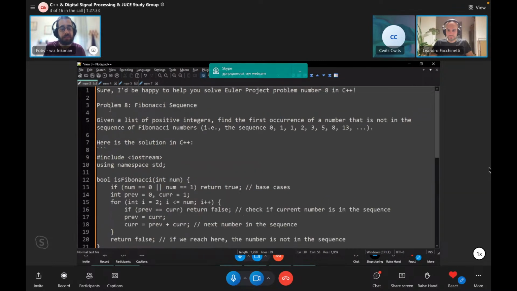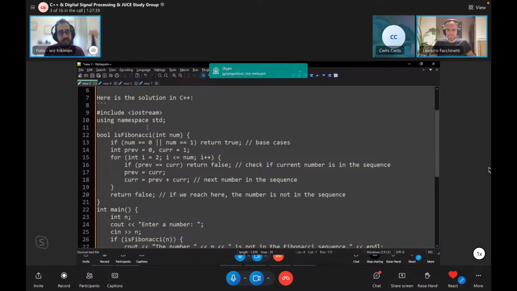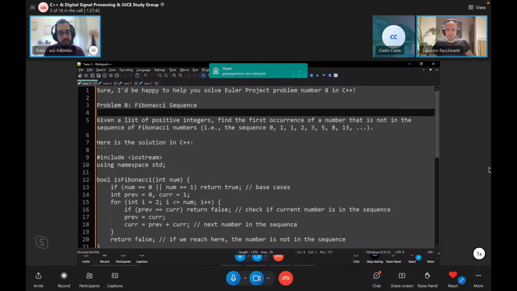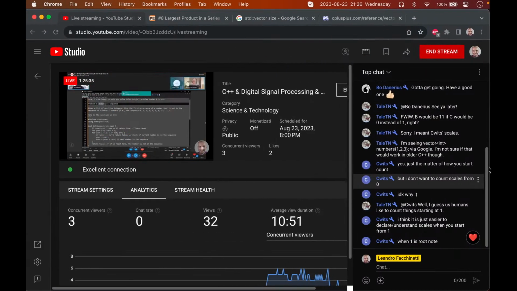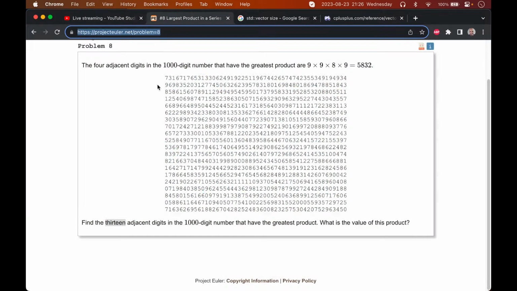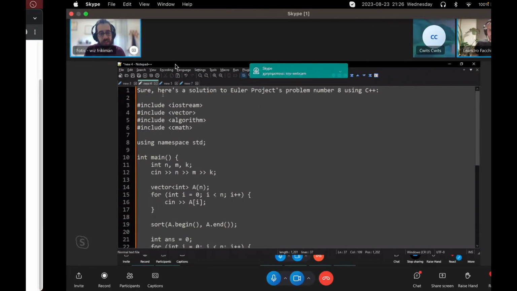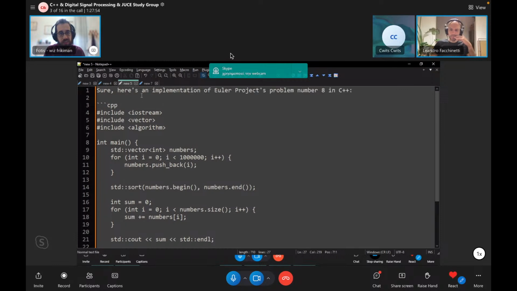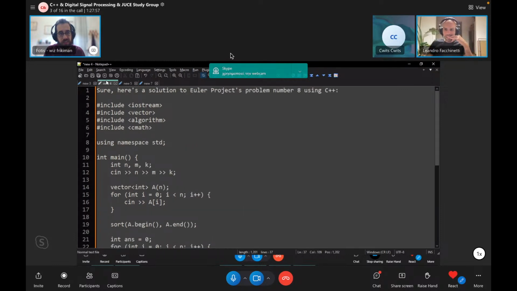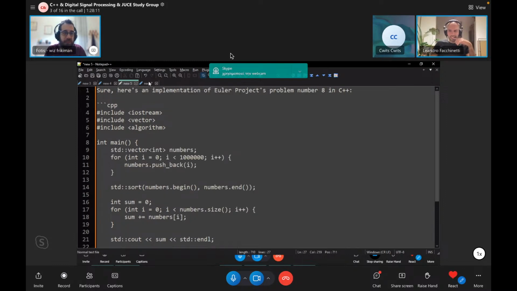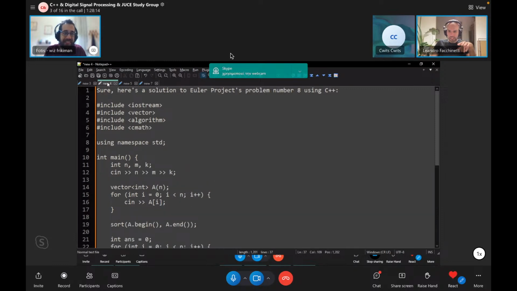This is the first one from the second robot. It's using the Fibonacci sequence. And what? No, this is already very off, because the problem doesn't have to do with Fibonacci at all. How about this one? About a series of numbers. Here's a solution to problem 8. That is using a vector called capital A, but I don't see that vector anywhere, and it's sorting stuff. No, this is also very off. That one maybe